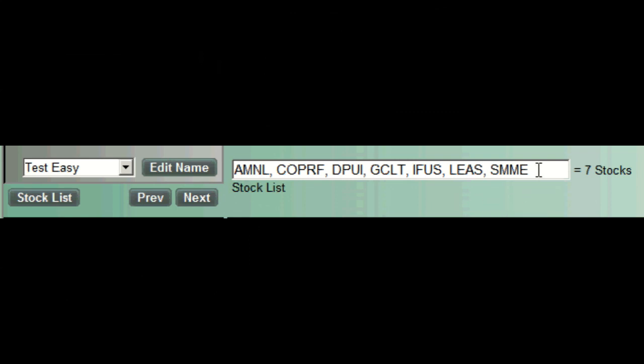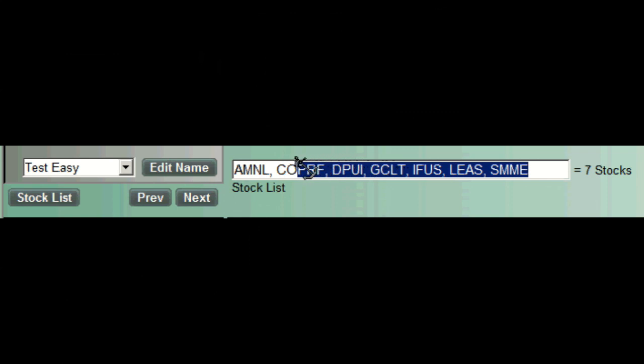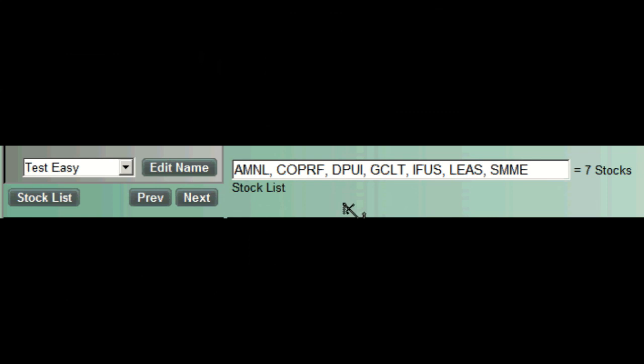But the nice thing you can do here is you can take this field, copy it, and throw it into a watch list, real-time watch list, and then you can watch all of these in real time, like Thinkorswim. I don't know where they came up with that. Thinkorswim just doesn't make any sense. I think it used to be Thinkorsync, and then they changed it, but that makes a lot more sense. So anyway, you can copy paste all these into your Thinkorsync watch list, and then watch them in real